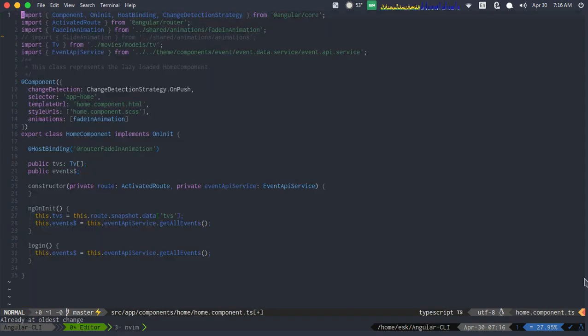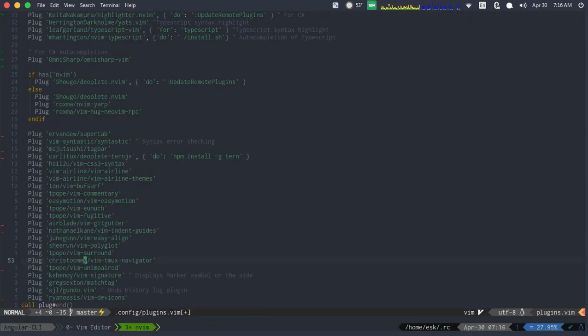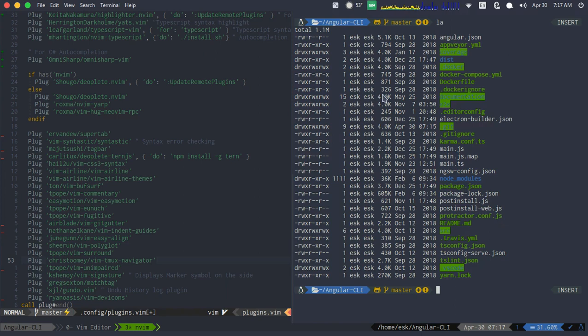You can give it a name, like Vim editor, and then this one you can change it to something else. This is the Tmux, and Tmux has panes. This is called a pane. You can have your terminal, your backend server, running